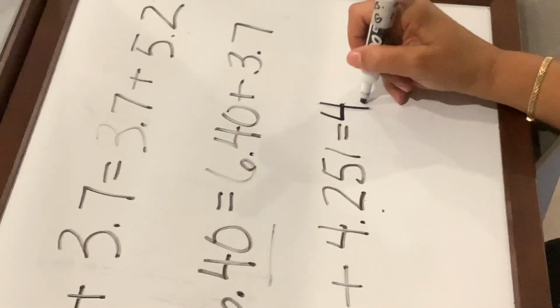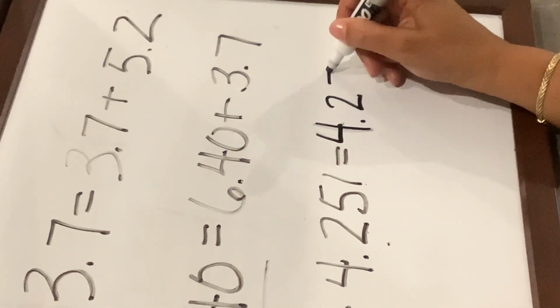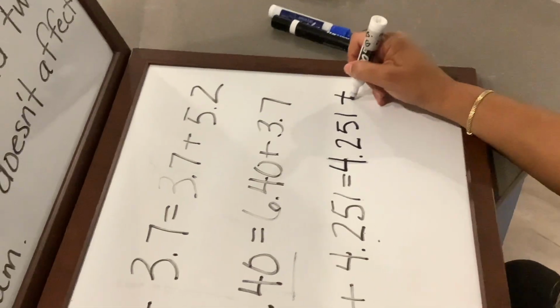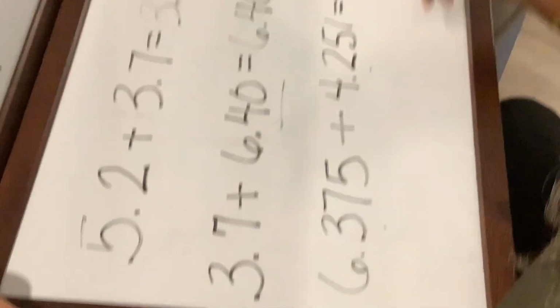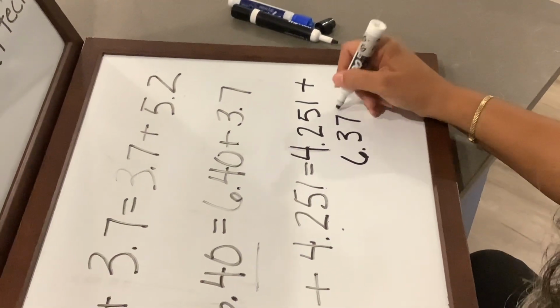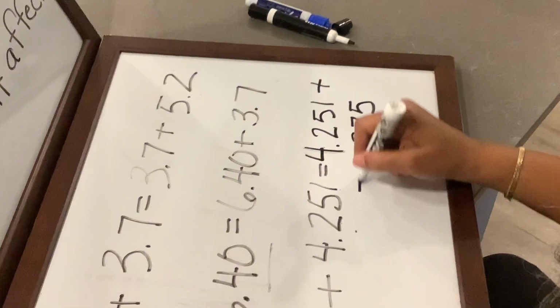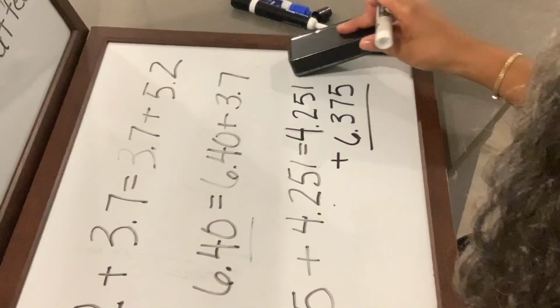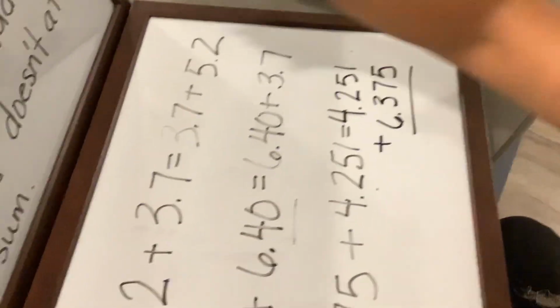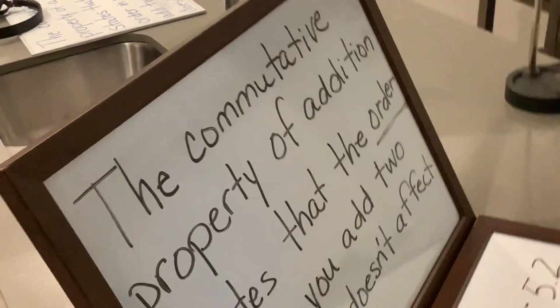4 and 251 thousandths plus 6 and 375 thousandths. That side is equal to that side, right? Yeah. How do you know that? Because what? Because the